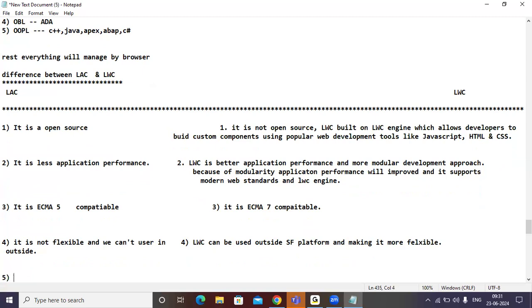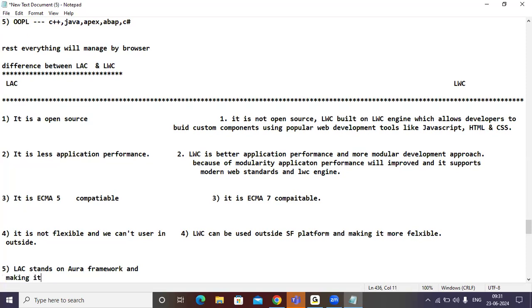And the last and final difference is, LAC, Lightning Aura Component, stands on the Aura framework, making it easier.